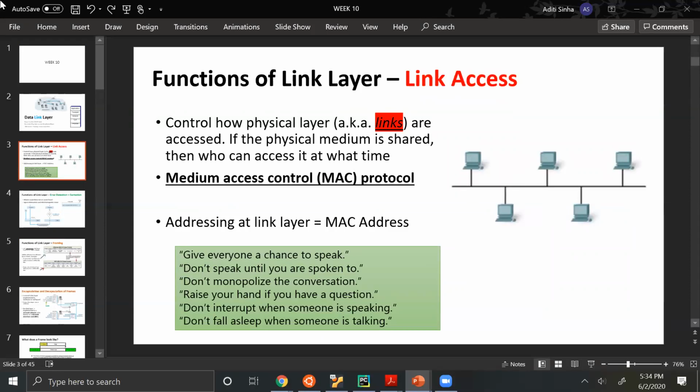Wi-Fi uses the wireless medium, which is a shared medium. And because mediums are shared, if many people try to talk through the same medium, there can be collisions. That is, data packets can get jumbled up. So you need protocols to moderate the usage of these mediums, which is why we have link access, or media access, or multiple access protocols, so that every host has a chance to access the medium, and some host cannot monopolize the medium, etc.